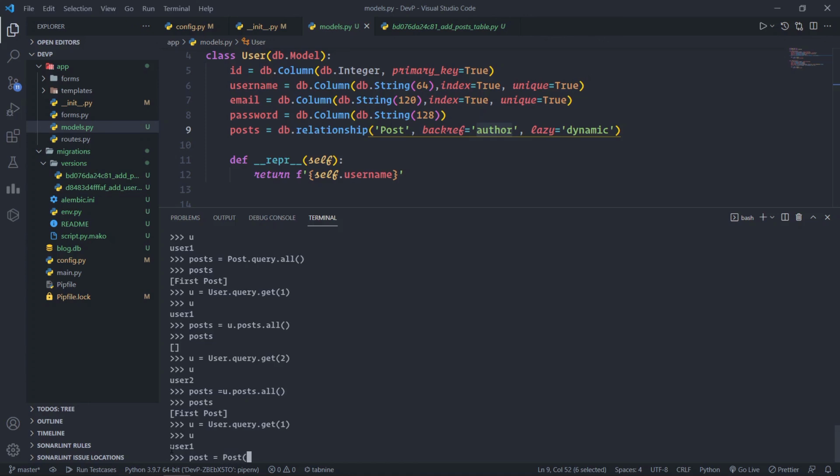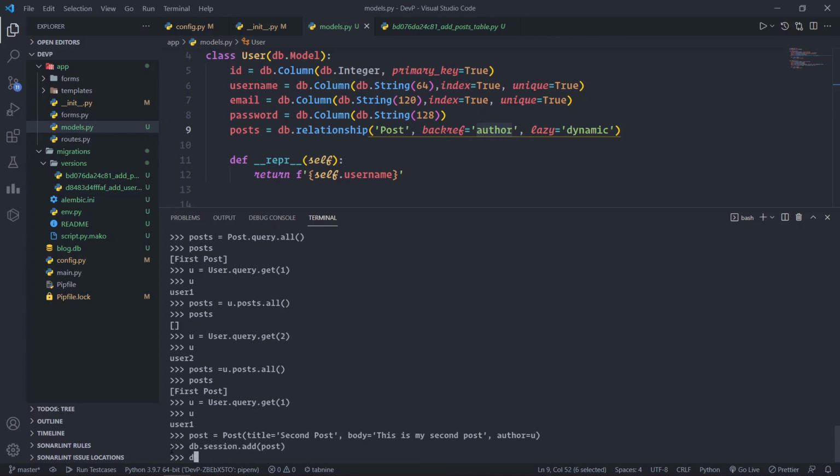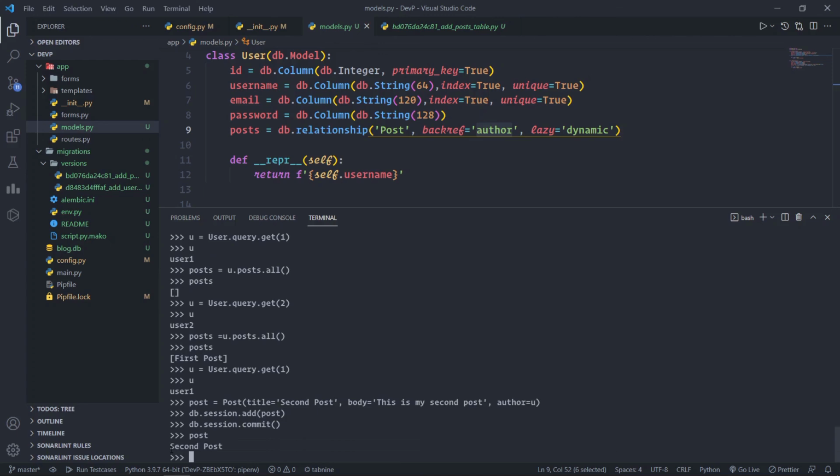Post title is equal to second post, body is equal to this is my second post, and the author will be obviously u. And we need to write db.session.add(post) and db.session.commit. Now we can see the post is second post.